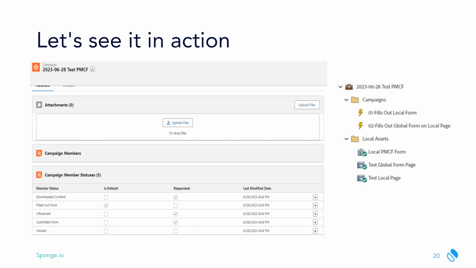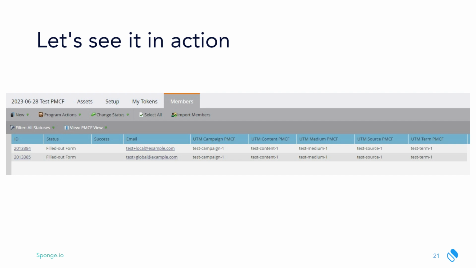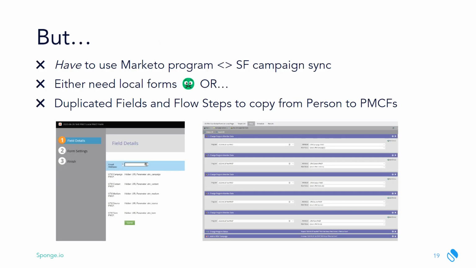So I decided to do some experiments, just to show how this works. I set up in Marketo a local form, a global form with local and global pages, and then smart campaigns for filling out a local form or a global form on a local page, just to see what it looks like. So, going back, the local form